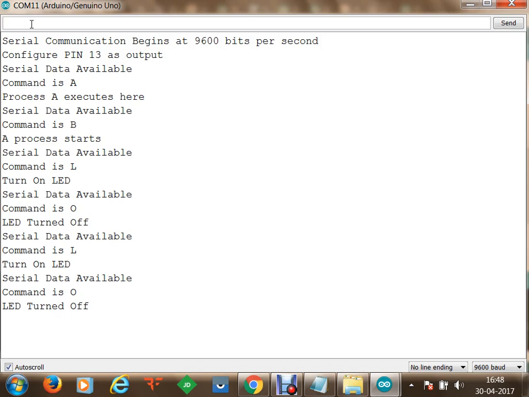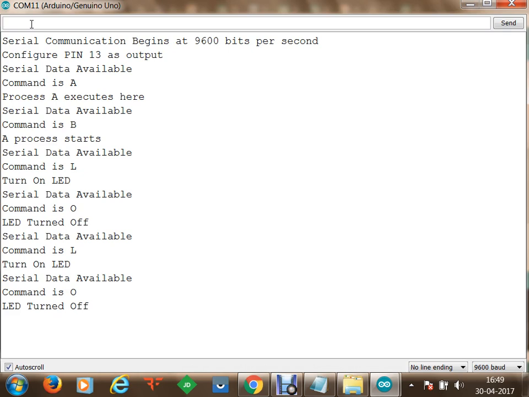This serial monitor is used to send some input to the board and to receive output from the board on that serial. But in case you want to use any other input medium, let's say you want to use a keyboard, or Bluetooth as an input medium, or an LCD keypad as an input medium, you can use that. So you can send some value through the input keypad, the microcontroller is going to read and process it, and finally the output will be displayed on the LCD. So it depends on the project requirement how you want to proceed.